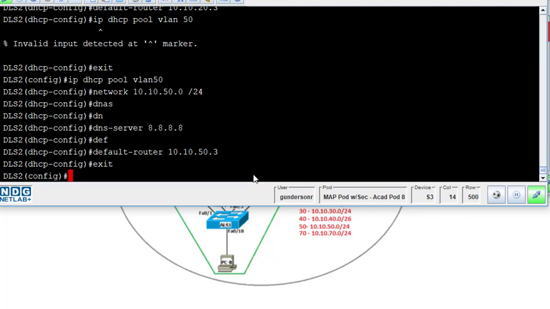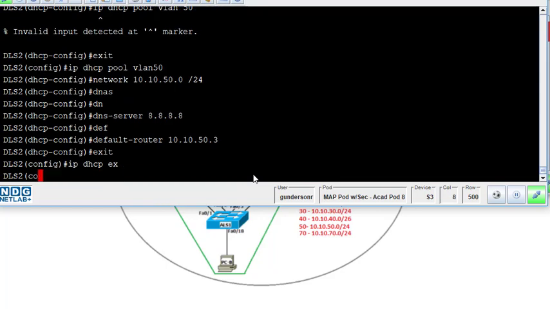DLS1, DLS2, each has a VLAN interface with a .1 and .2 in that VLAN. And then we use the standby IP of .3, so I need to exclude those as well. So I'll do IP DHCP excluded address 10.10.10.1 to